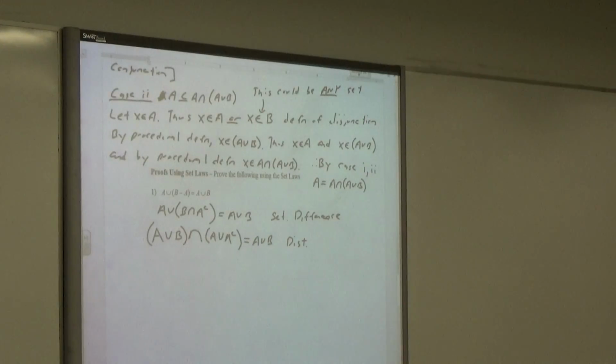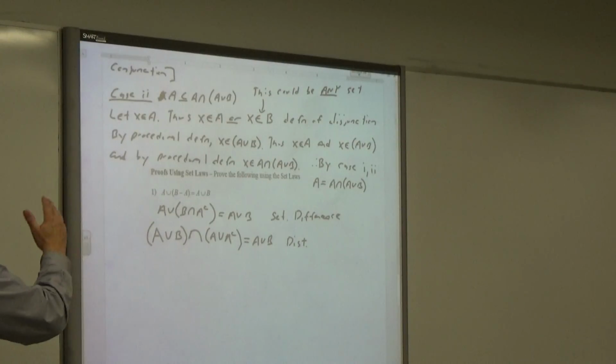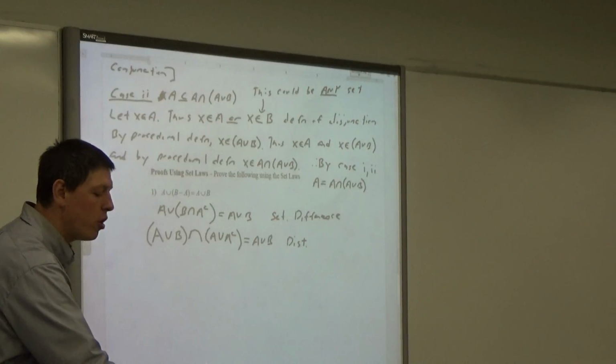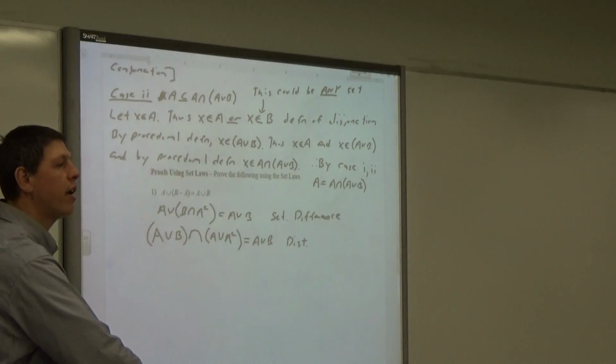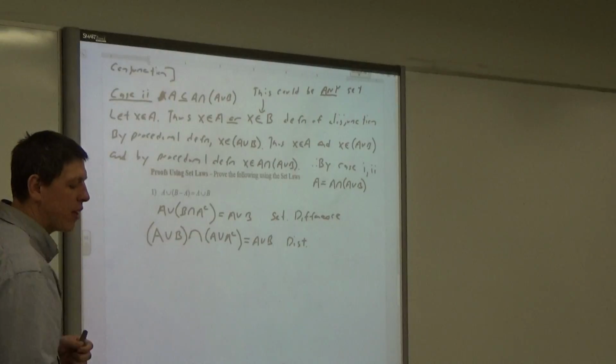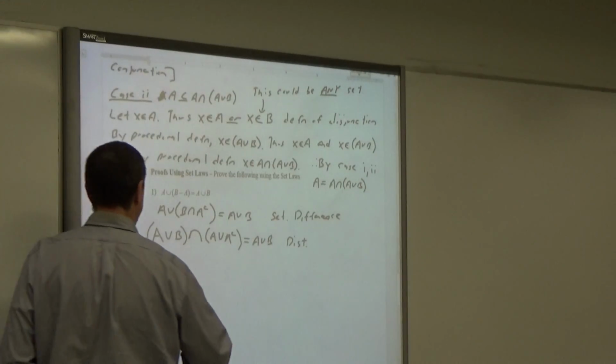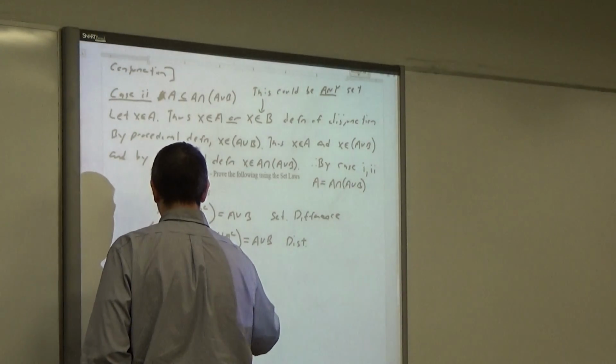But if you have A union A complement, what's that going to be equal to? Universe. The universe, right? If I have whatever's in A and not in A, that means I have the universe. And that's the complement law, isn't it, guys? Take a look at rule number 5. It spells it out specifically. A union A complement is universe. Okay, so this would become A union B